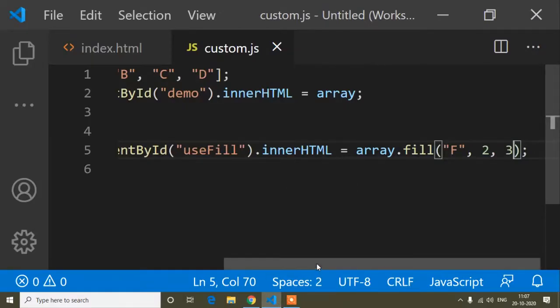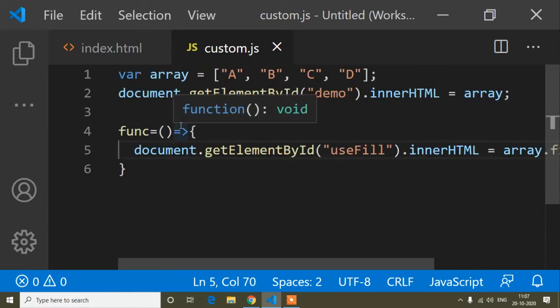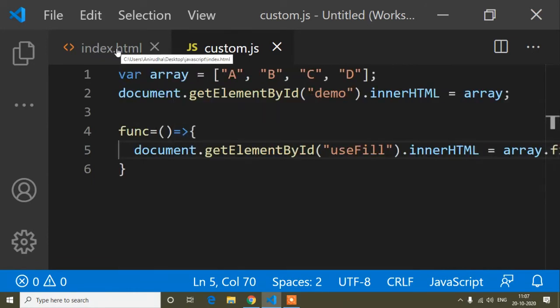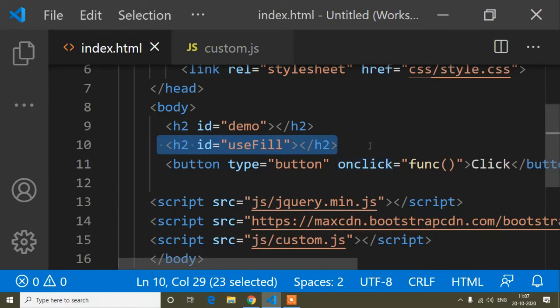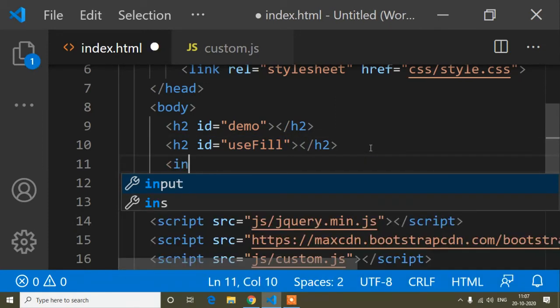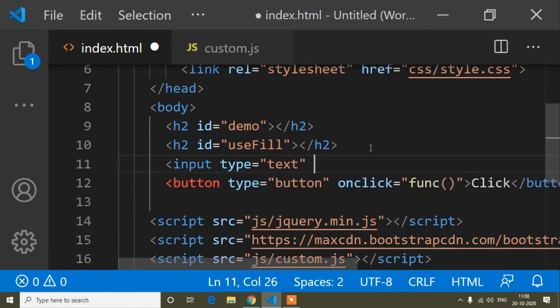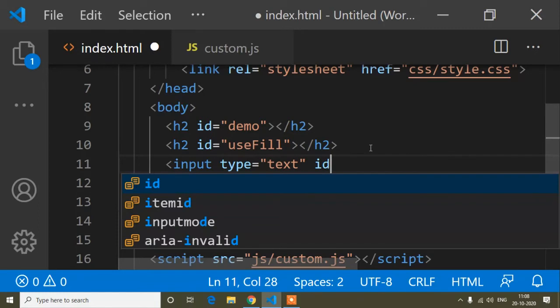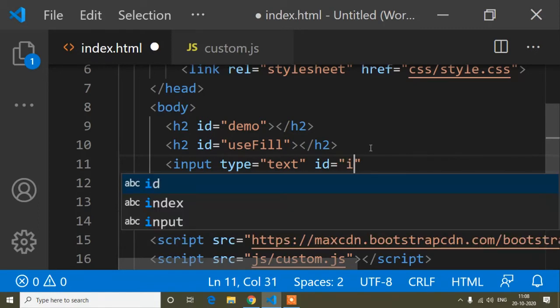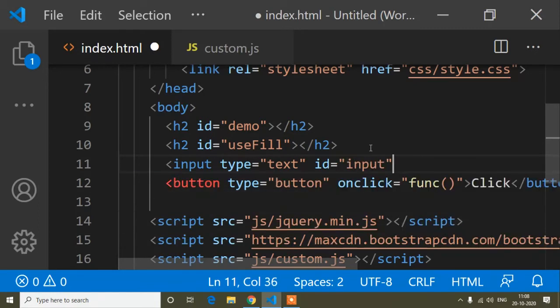And now I want to show you, suppose you want to change it dynamically, so let's see how you can do it. First of all, I will write an input, the input type is text, and here I will write an ID. The ID is input, but you can write anything.